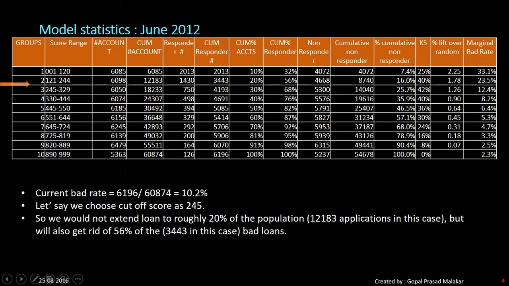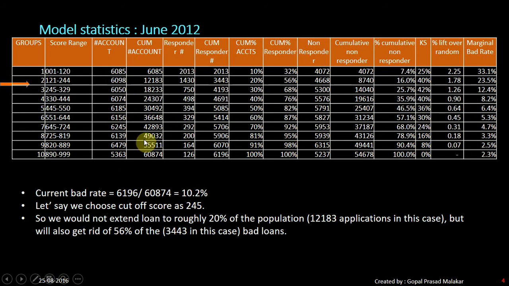You'll end up not giving loans to these 12,183 guys, these two groups. But you'll also get rid of 3,443 bad loans. If you look here, the cumulative bad rate is 56%. 3,443 divided by 12,183 gives you a 56% bad rate.